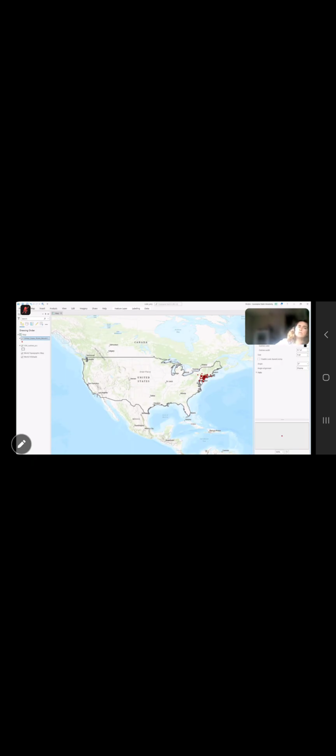So now we have two data sets on our map that are looking good. We can see everything. The outline is clear, right? So if I were turning this in, I might have a picture of this map, and then a zoomed in image of the points, right? Okay. So now we're going to go to our geoprocessing tab. Mine is already open down here, but remember, if your geoprocessing tab isn't open, you just go to analysis up on the ribbon, and then click tools. That's going to bring you over here to this geoprocessing pane.